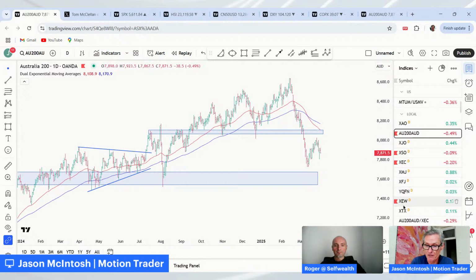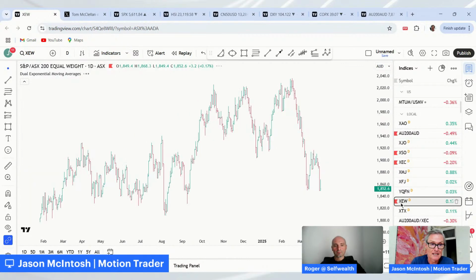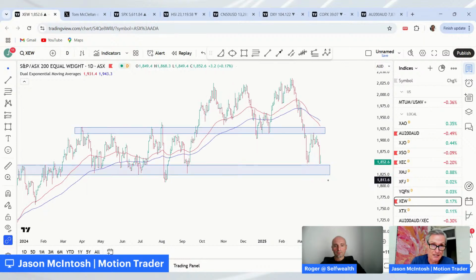Now, I want to go across and have a quick look at the ASX 200 on an equal weight basis. So that removes the influence of the banks and BHP and those big stocks, ranks everything equally. So what we've got here, we got a nice rally off the March low, but then it stalled underneath this resistance point. You can see as you run along this blue horizontal band, going back to last year, several highs, and then a low from December last year, and now it's working as a technical barrier again.